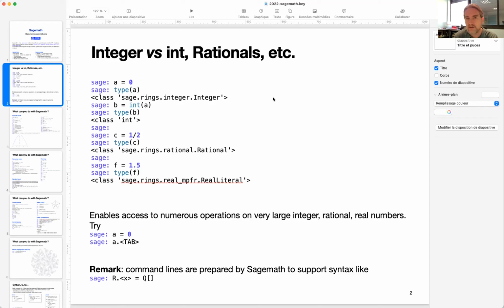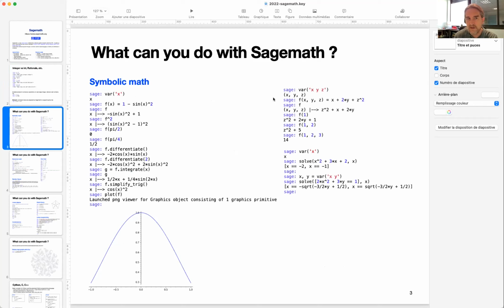Okay. So I first show some examples of what you can do, basically. So you can play with integers, of course. You can play with rational numbers, real numbers, complex numbers by default in Sagemath. You can do symbolic math as well. So you can declare a variable x, and you can declare functions and do mathematics with these functions that are symbolic